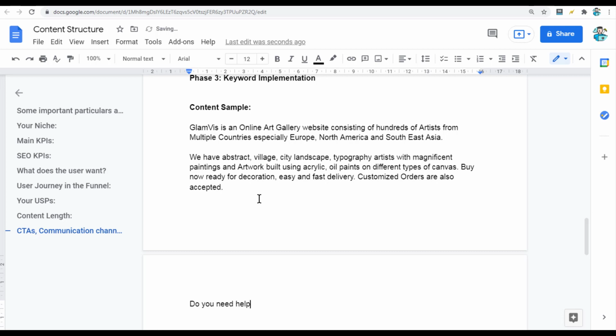Are you looking for best artists online who make exquisite paintings and display their artwork in exhibitions all over the world?